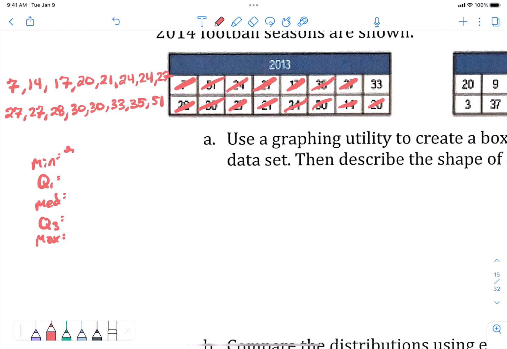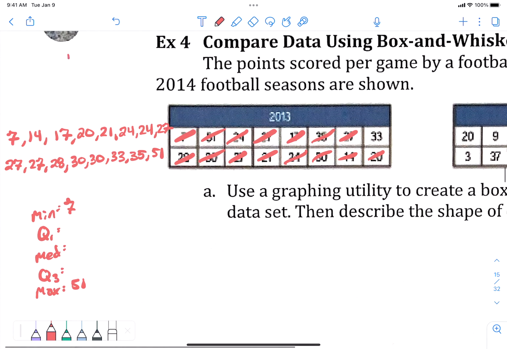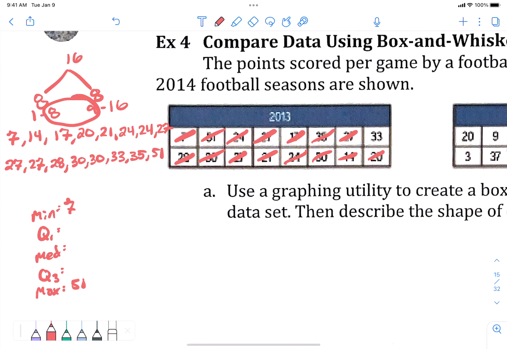All right, min is 7, max is 51. We have 16 numbers. 16 numbers, if I split in half, is 8 and 8. So we have numbers 1 through 8 here and numbers 9 through 16 here. And my middle 2 numbers will be the 8th and 9th number. So 27 and 27,